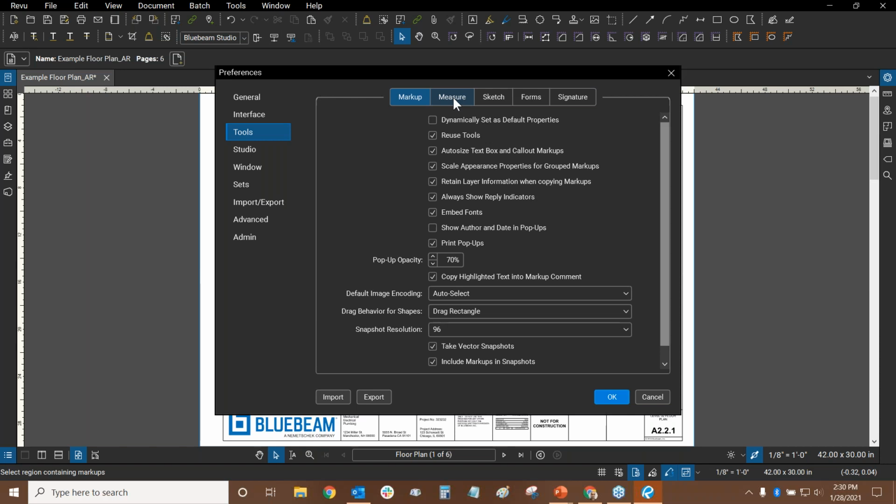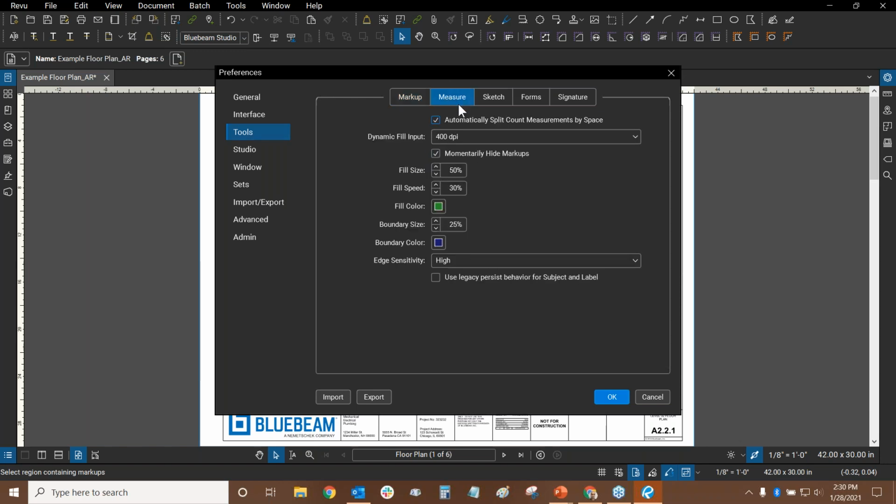You could delete somebody else's markups without even knowing. So that's why we turn that on, and I'm going to demonstrate that in a second. Another thing you can do is go to your measure area, and here are settings for measurements, but